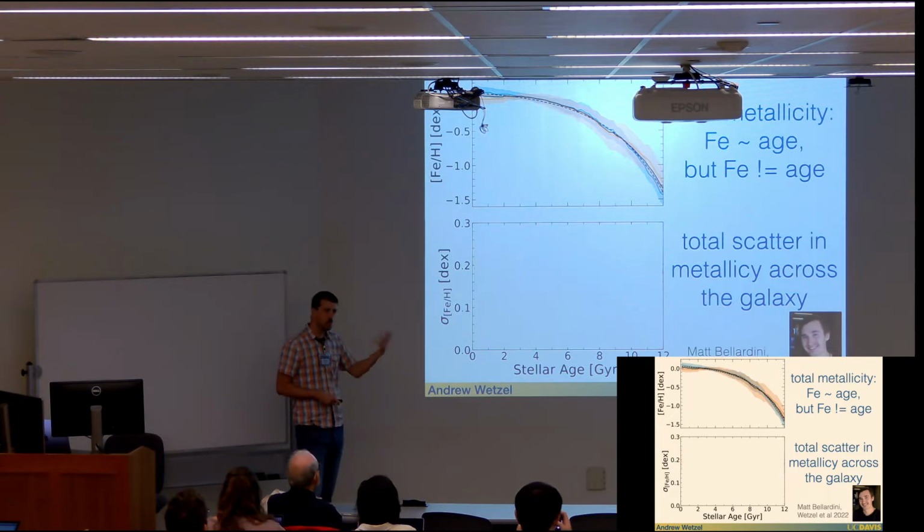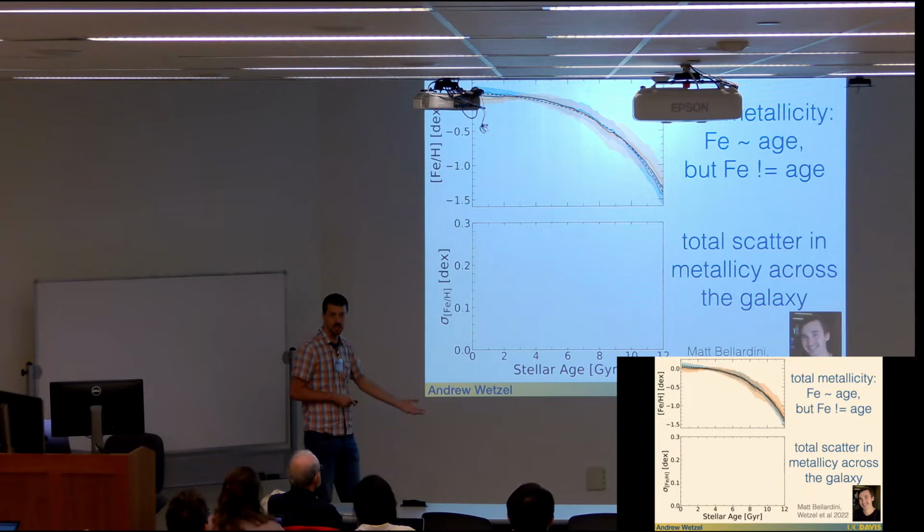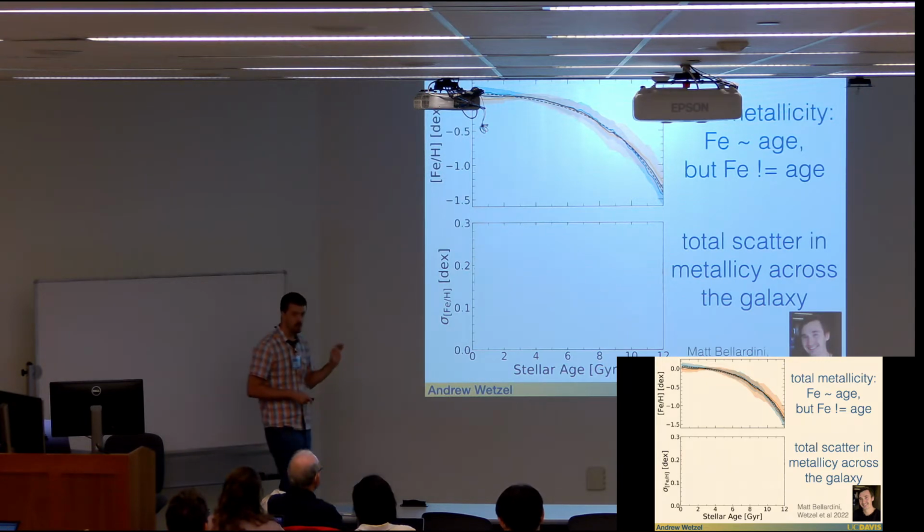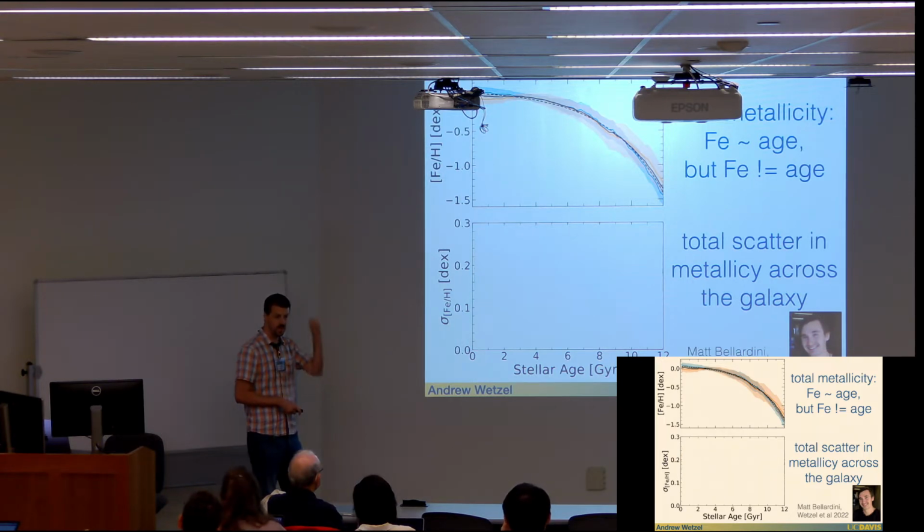Often we have in our minds that the metallicity or the iron abundance is a good proxy for the age of stars in a galaxy. But we need to be a little bit more careful, because not all stars forming even at the same time have the same abundance. So one thing to think about is what your expectations would be for how much scatter there is in metallicity for all the stars forming at a single time in a galaxy, as a function of its history. What would the shape of this history look like?